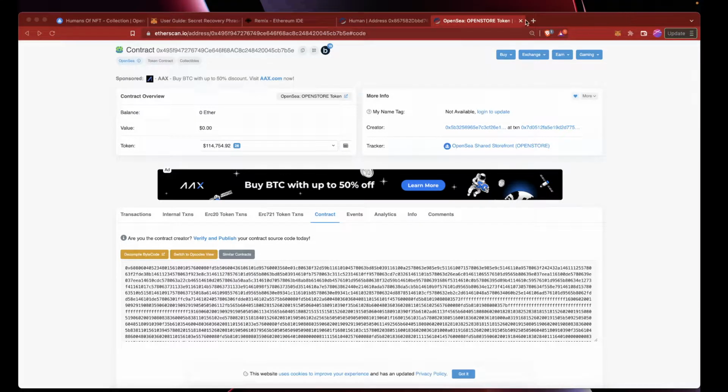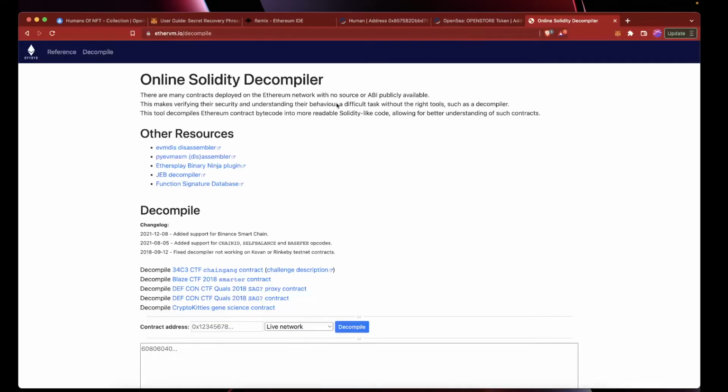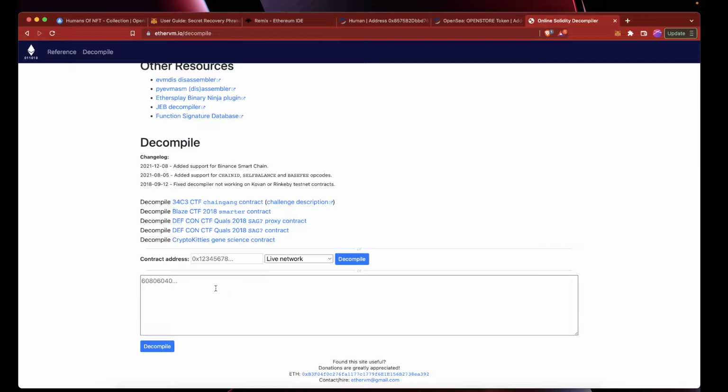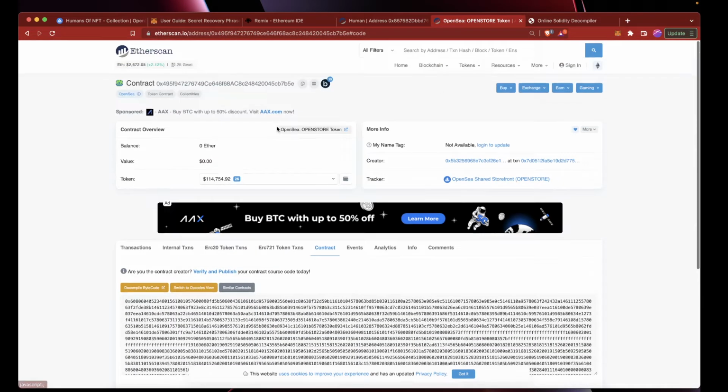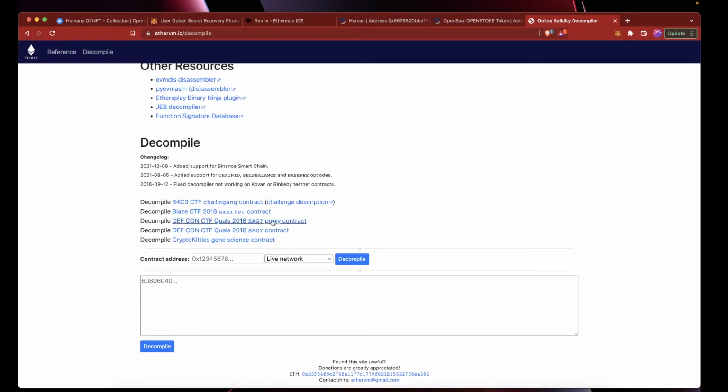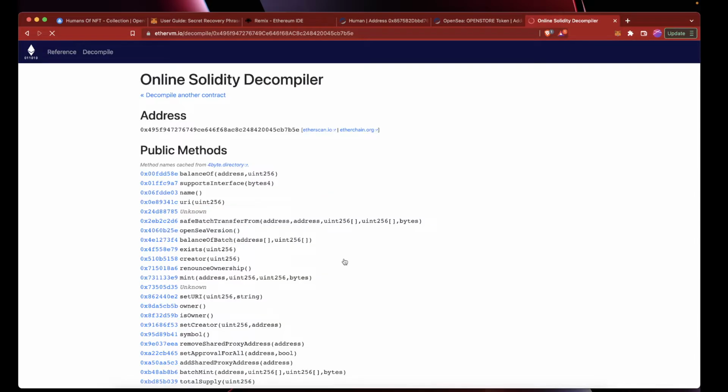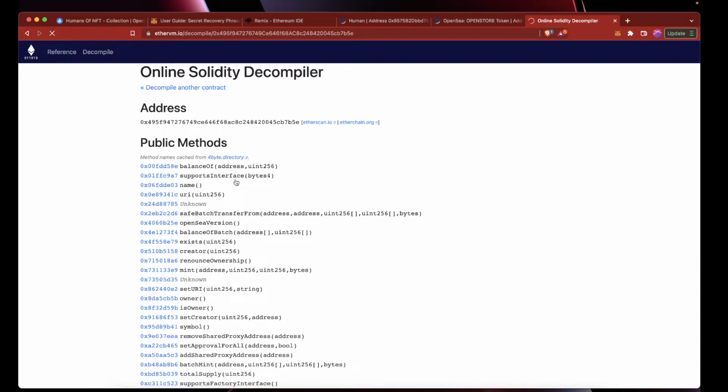I'm going to just have a look at this Ethereum decompiler. This allows you to decompile bytecode for unverified contracts. So let's take this one, for example. Here's the address. I'm going to put it into the contract address, and then I'm going to select to decompile it. And what's happened is this decompiler is basically doing the inverse process of when you